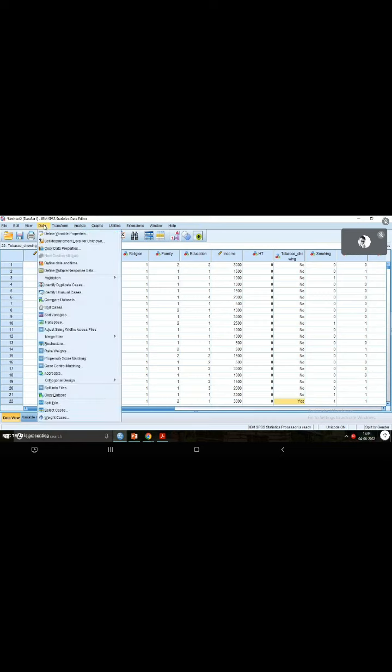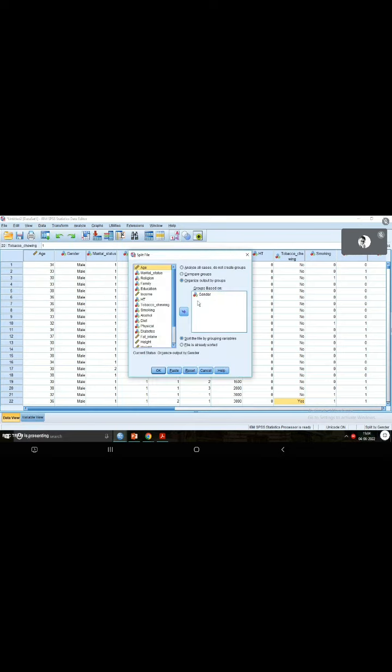To do it, you have to first go to the option Data, Split File. Here by default it will have the first option checked. You have to check the third option, organize output by groups, and select the variable tobacco chewing. Please remember, in split file, you should always use categorical variables.